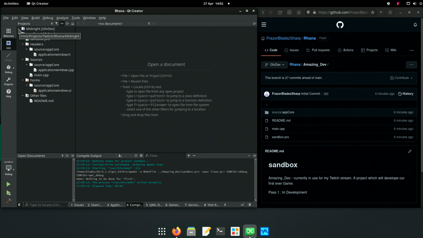Your underlying framework or your underlying game engine, one of the rules you have to make at the start, and it's the hardest rule to stick to, you can at no time modify anything else but your game. So we can't touch Midnight, we can only touch Sandbox. In fact, I can close Midnight and we'll never look at it again. I'm only keeping it open so that I can look at the code and find out what the hell it's doing.